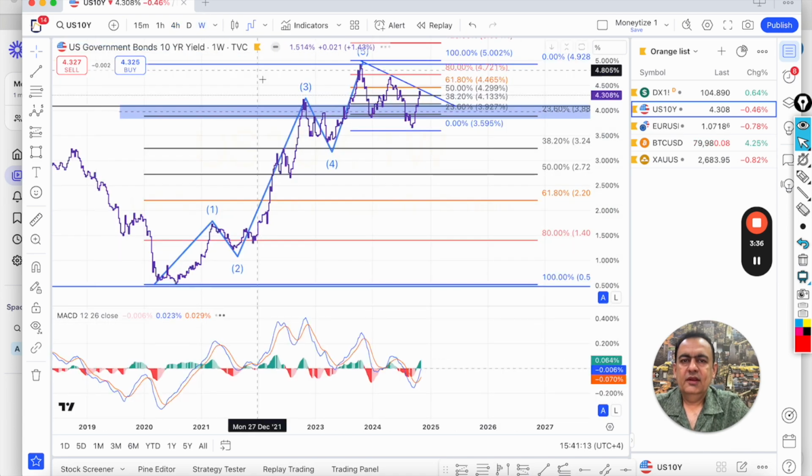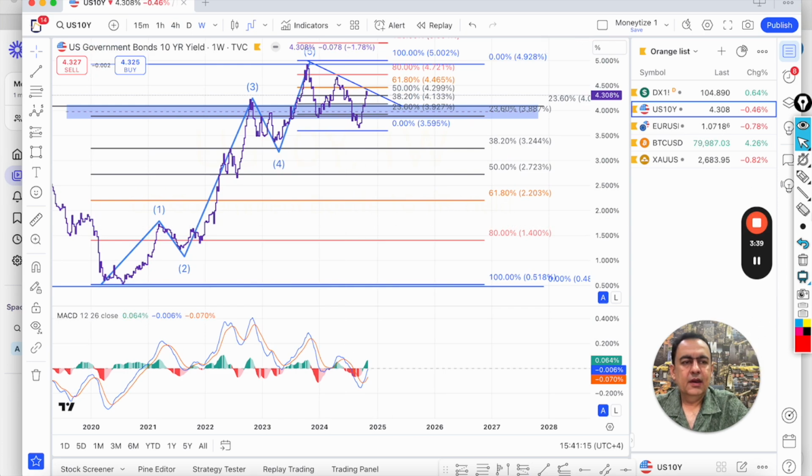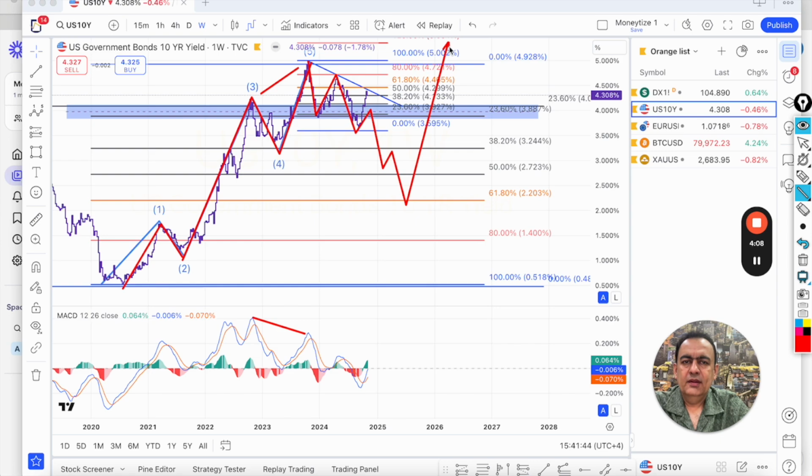Now based on the weekly time frame, what I've done here, I've just checked the wave count. So this is the first wave up, corrective wave down, the strongest and the longest third wave, followed by fourth, and it completes the 5-wave structure, bullish structure, with bearish divergence on the top. And once the 5-wave structure is done, then it is expected the instrument should retrace back to the 38 or 50% level, or maybe to 61.8, and then resume in the same direction.